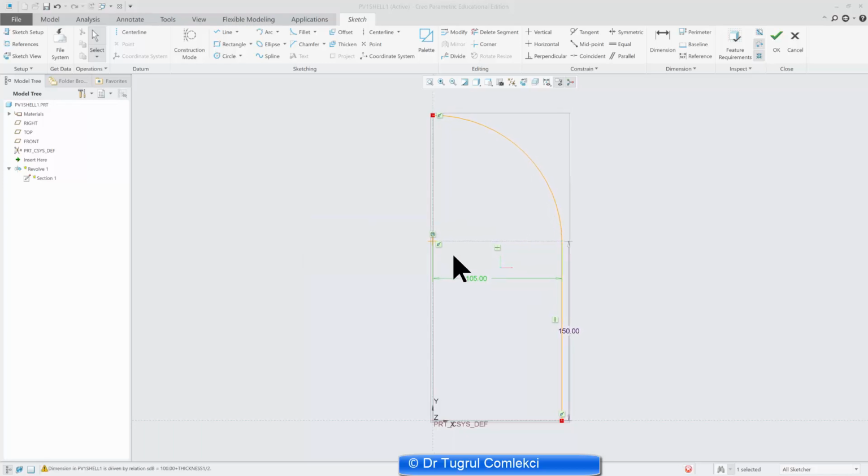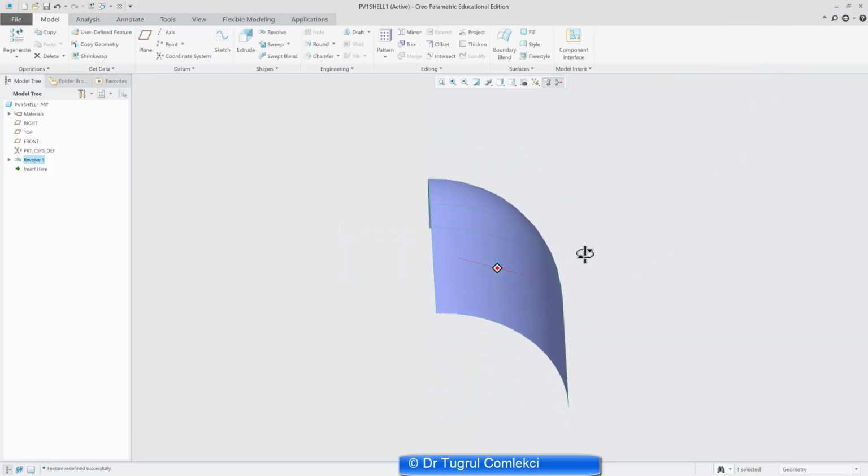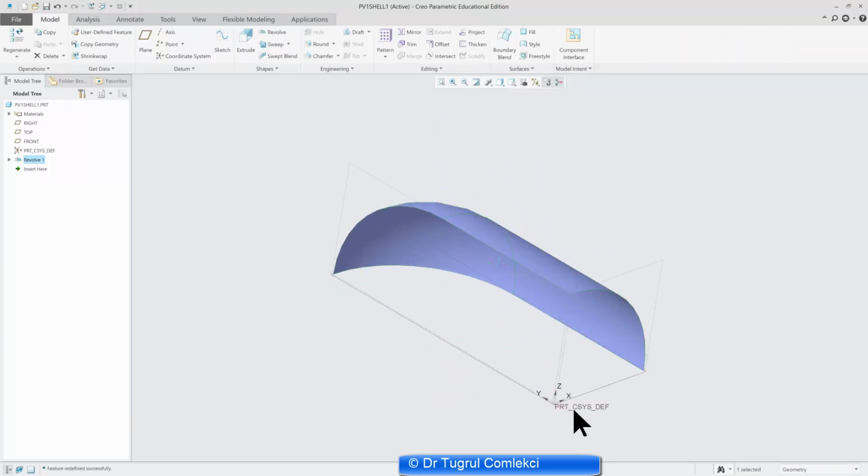Let's say yes, so that immediately goes to 105 for the internal radius of this particular line. And if I now look at my surface, that is at mid-plane of